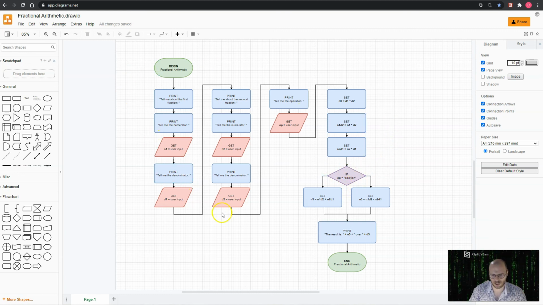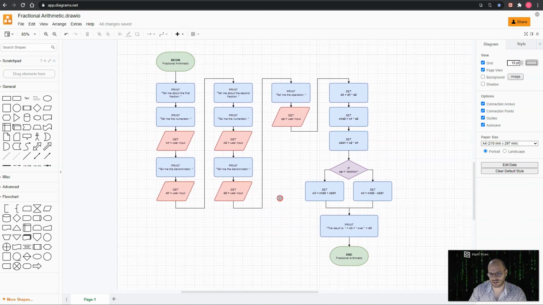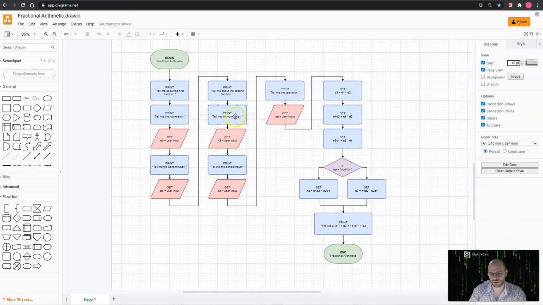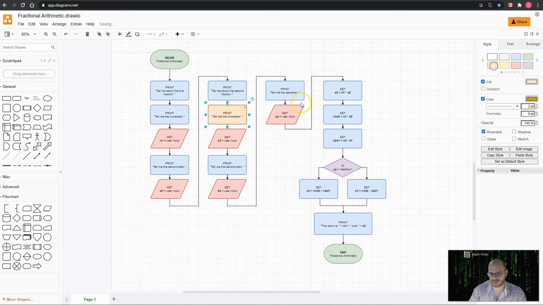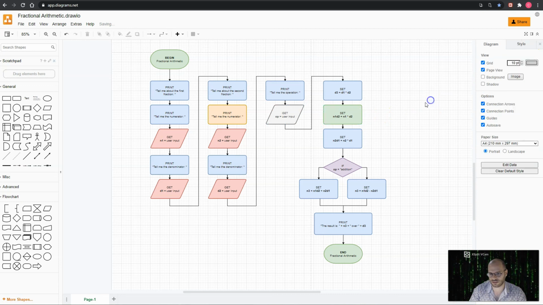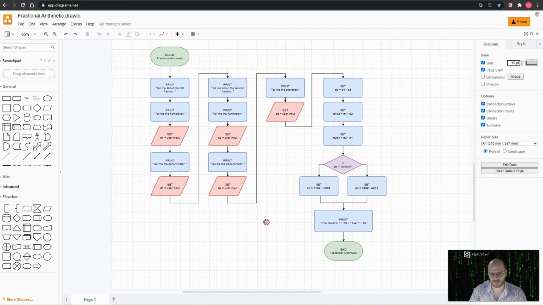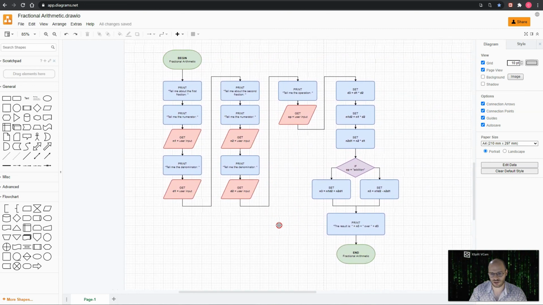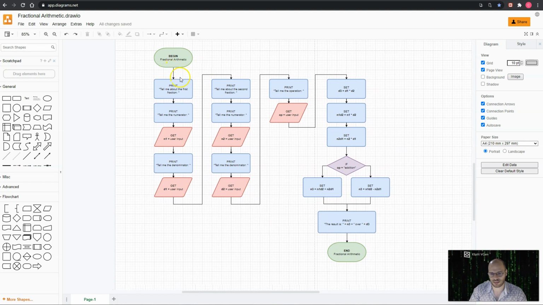Now it doesn't matter what color you want to have these, but the idea is you want to make it such that it makes the program easier to read. You wouldn't want to have, say, this as orange and these as gray and those as green, because that doesn't really help us at all. Rather, you want to keep them set to a color that makes the program easier to read. So what you should be able to do now is, if you followed along, you should know how to